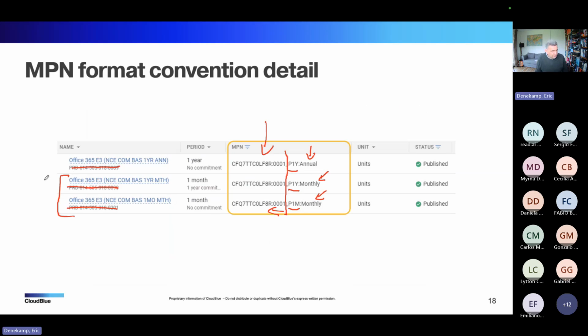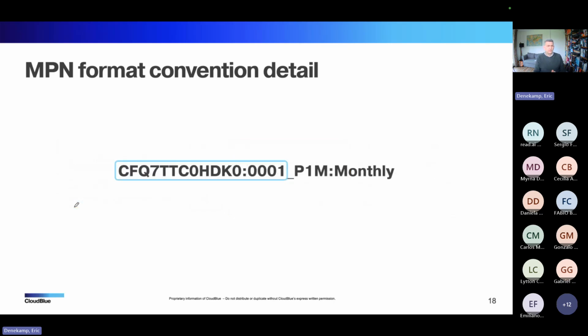So that service plan involves these 2. And as you know, hopefully by now, you cannot create the same service plan with an annual billing method and a monthly billing method, right? Not a billing policy. So what are we doing here? Let me go further. This is the original MPN, as we call it. The original MPN is the MPN that Microsoft gave it.